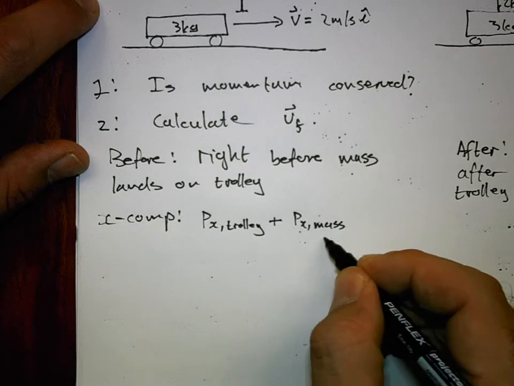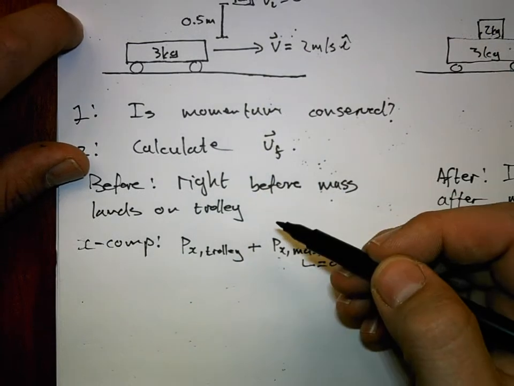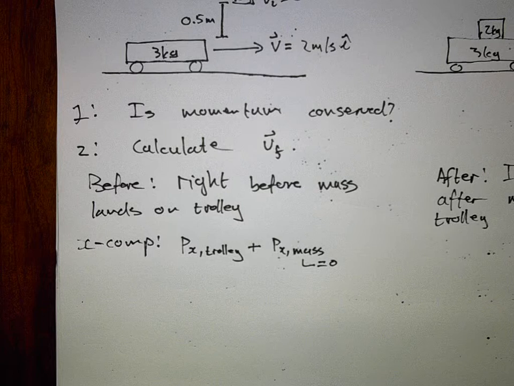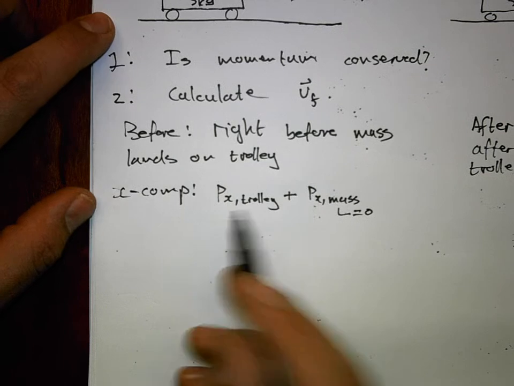Now this is equal to 0 because the mass only moves downward. So it doesn't have momentum along x because its velocity is along y. So the total momentum before